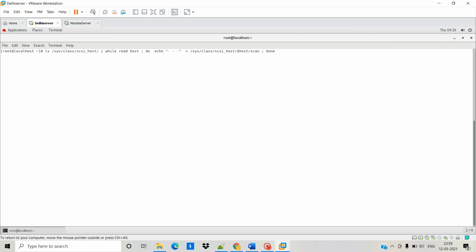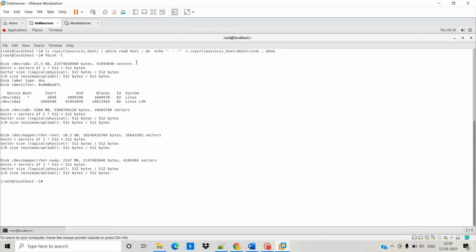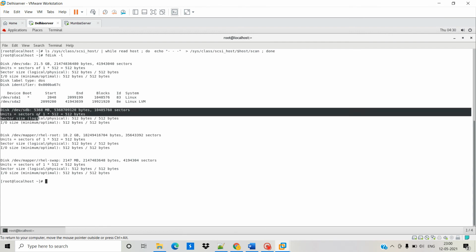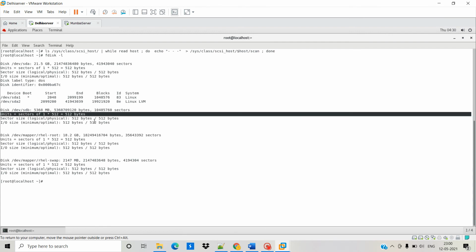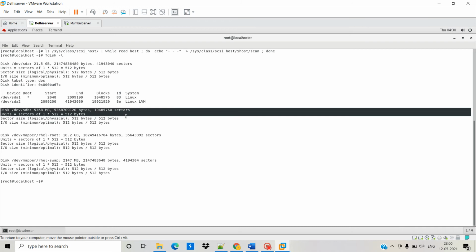Here enter. Now by this command you can check, and you can see one disk is added, and this disk I am using for my LVM.